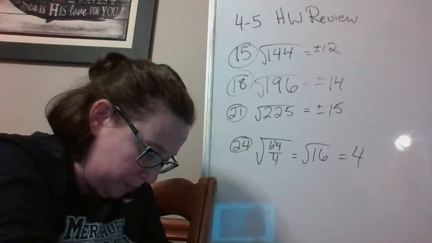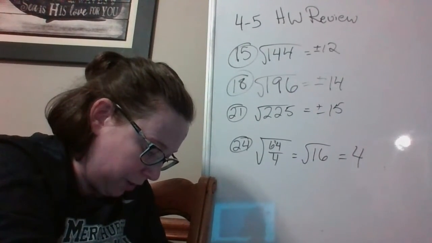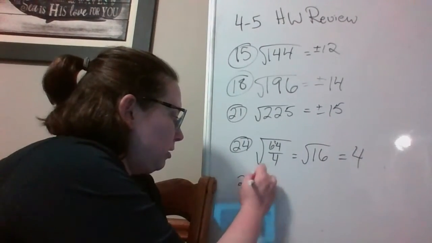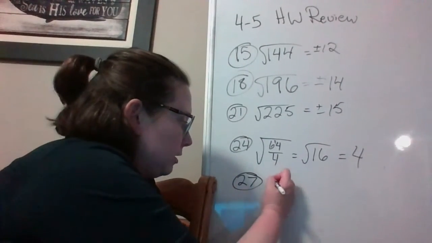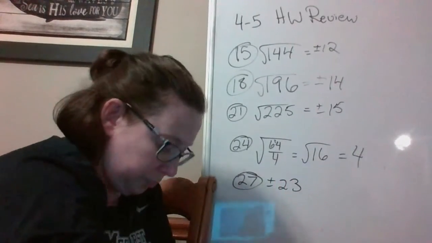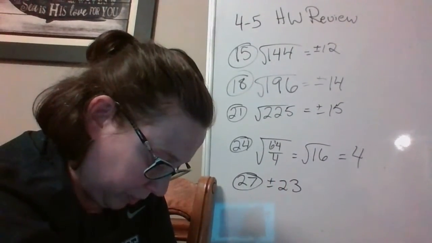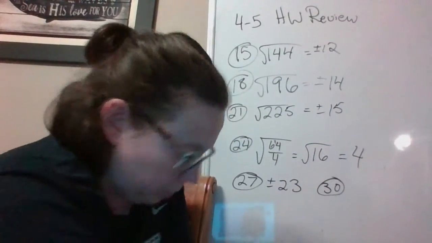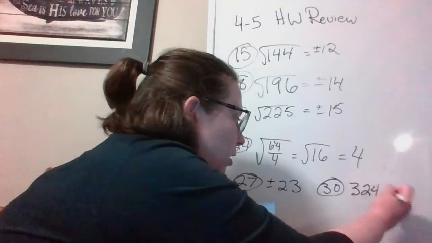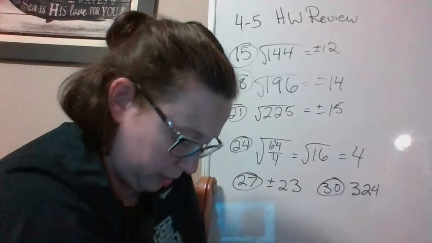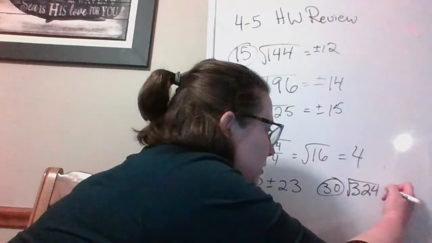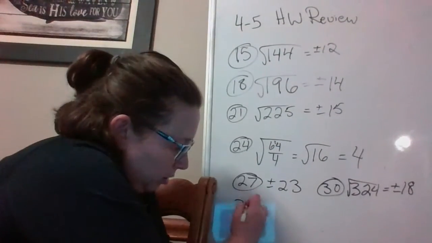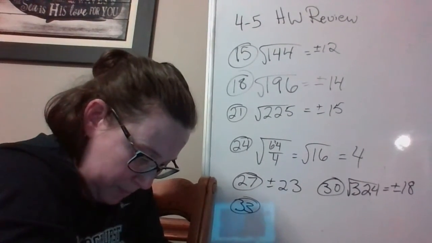All right, 27 is up next. Here again, it says find the two square roots of each number. For 27, your answer is positive and negative 23. For 30, we had 324, and the answer there is positive and negative 18. 33,